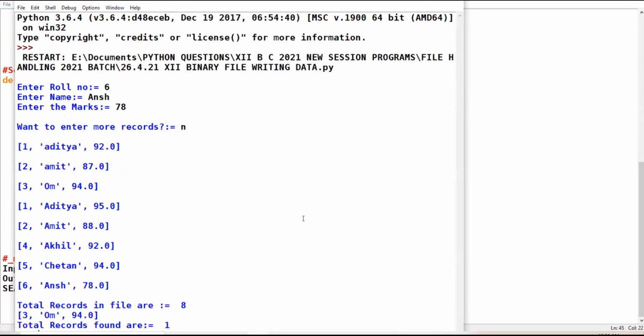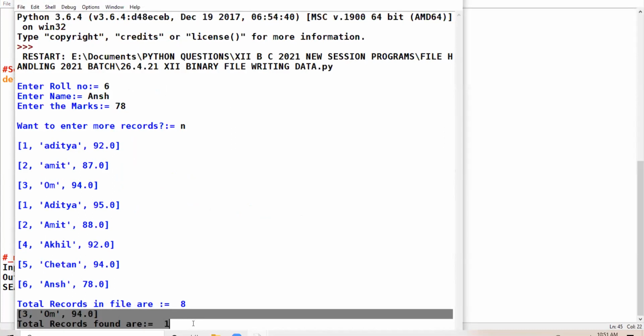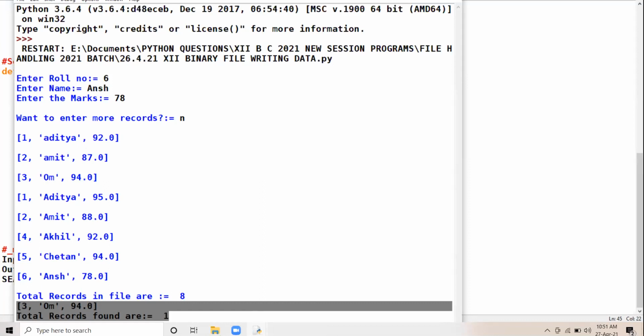No. See, there is only one record with roll number 3. The child having roll number 3 is Om and his record is displayed. Total records are 8. Clear? 12th class, thoroughly clear with all the 3 functions? Writing, reading and searching operations are totally clear?